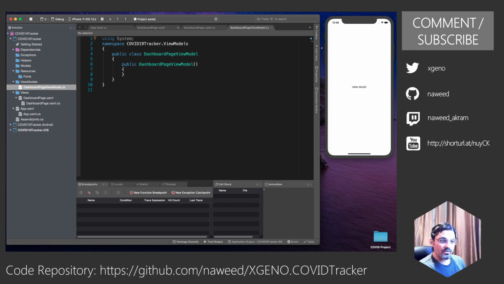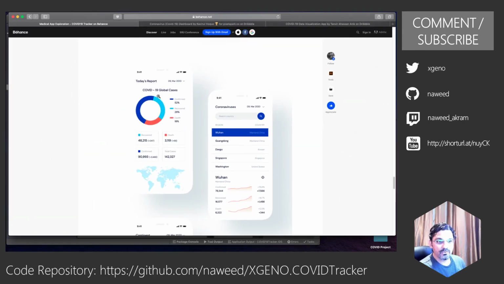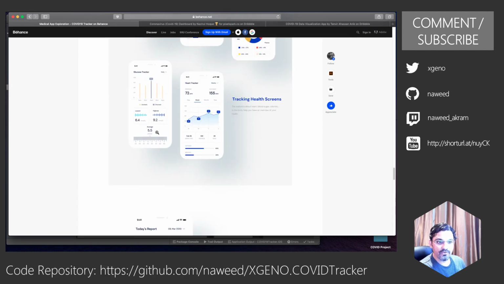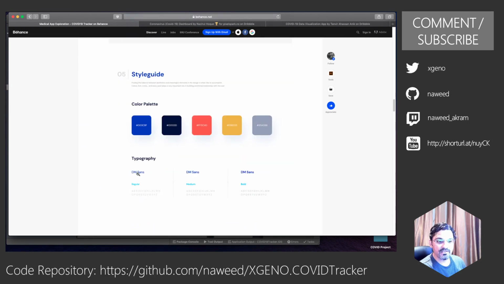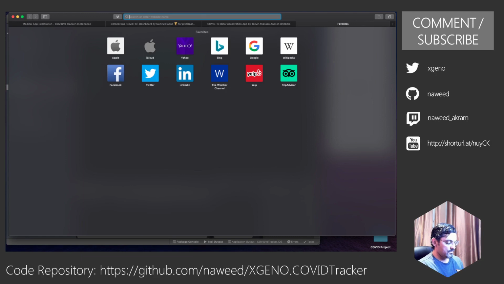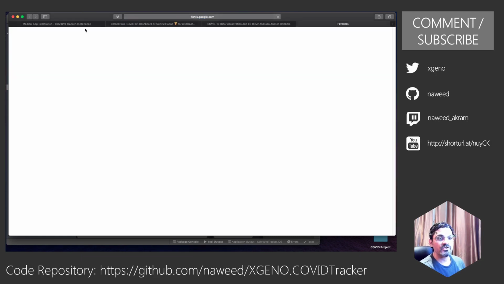Okay, so let us try something first. Let me go back to this page, and here you will notice that it is using some nice fonts. Luckily in this design they have mentioned that they are using the font DM Sans. We can go to Google Fonts, fonts.google.com, and we can search for DM Sans.